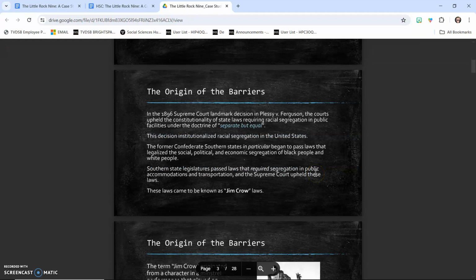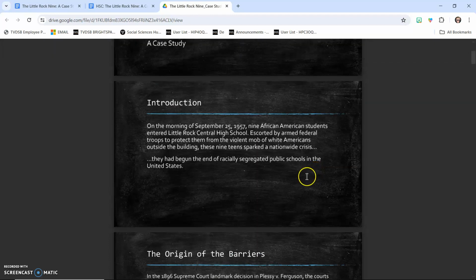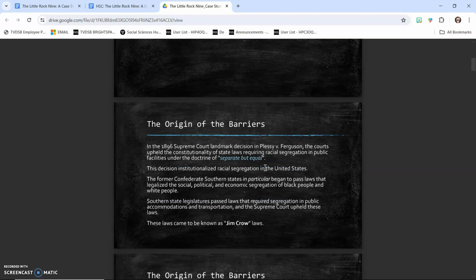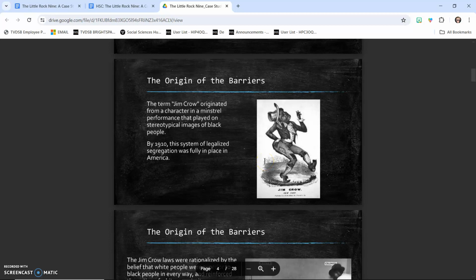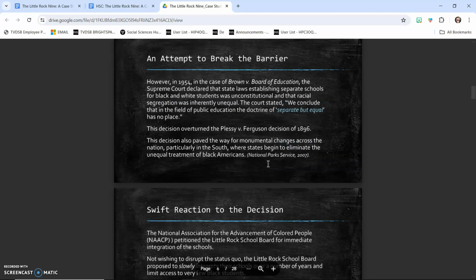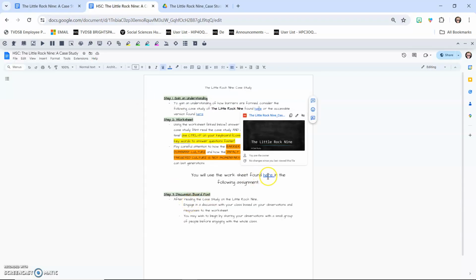The Little Rock 9 was a group of 9 students who entered Little Rock Central High School in 1957. This was during racial segregation in the US and was definitely at the height of potential integration between the two races. So you'll read through here, and then you're going to go to the